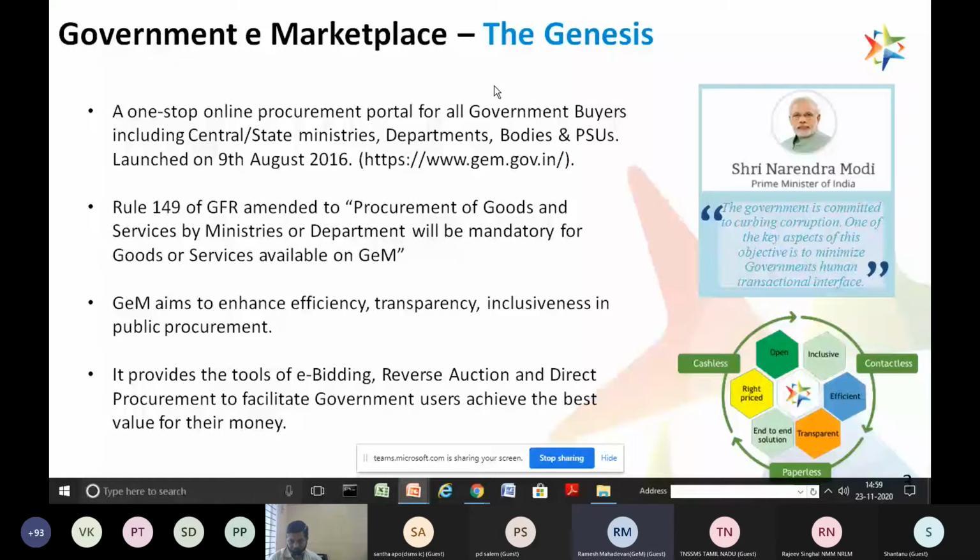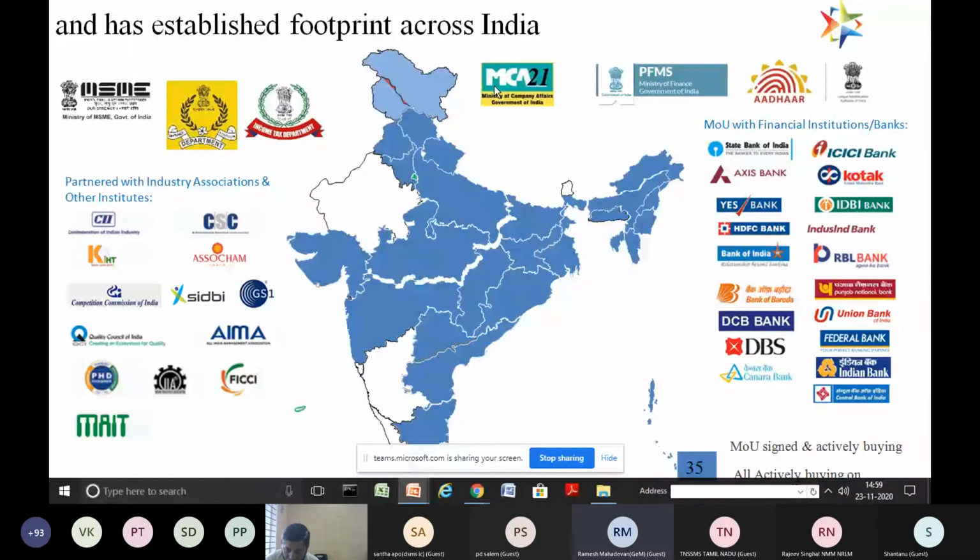Okay, so that is what it is aiming, and this shows you the footprint of GeM across India. Currently, 35 states and union territories have signed MOUs with GeM. In fact, Rajasthan and Karnataka have also signed the MOU. We are left with only Kerala, and Kerala is also expected to sign anytime. So almost all states have signed an MOU with GeM, which brings the states also under the purview